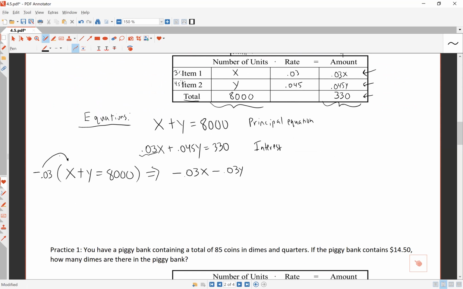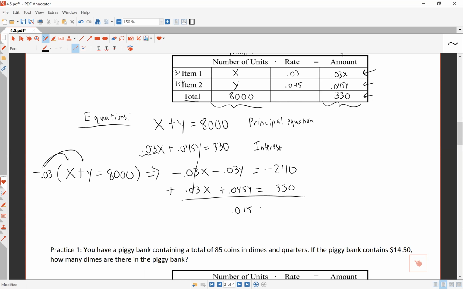Negative 0.03x, negative 0.03y equals negative 0.03 times 8,000, which is negative 240. We keep the second equation at 0.03x plus 0.045y equals 330. When we add those two equations together, we get